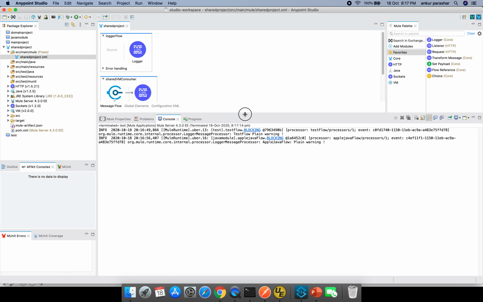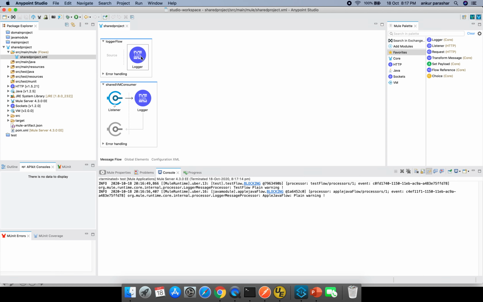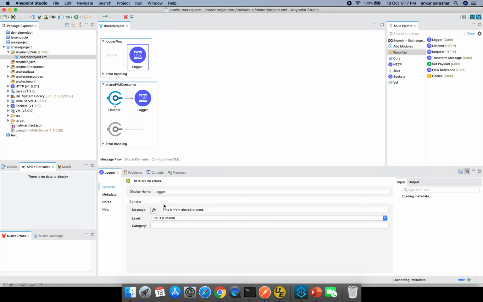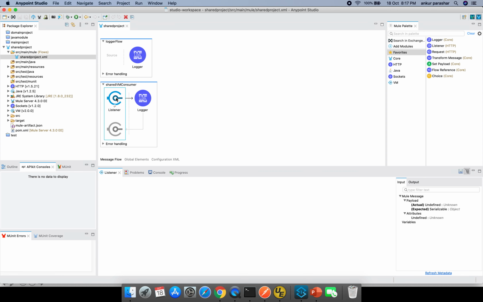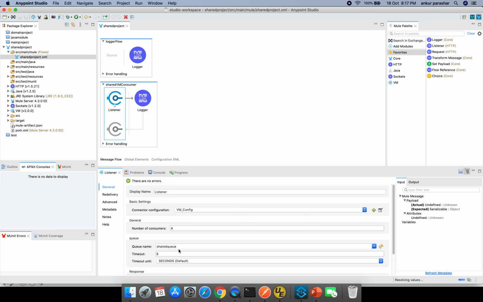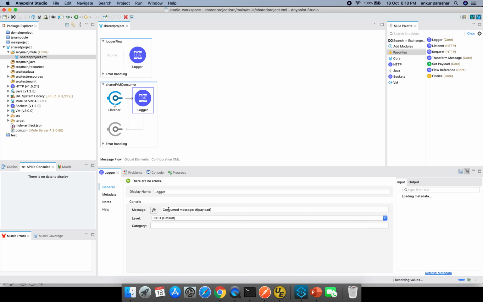Pretty much very basic in nature. Basically there is a logger which is going to print this is from the shared project, and there is a shared VM consumer. Shared queue is one of the VM queues, and it is going to pick the message from it, and the logger is going to show consume message, then it will print the payload.